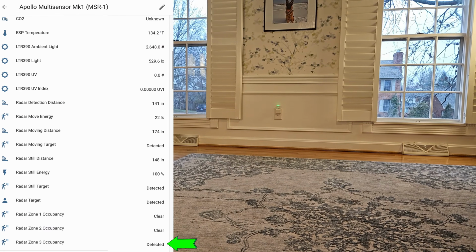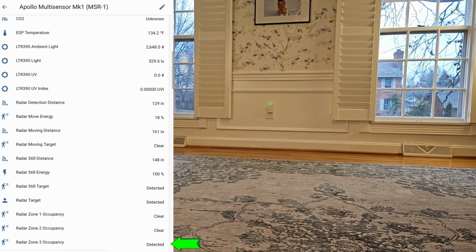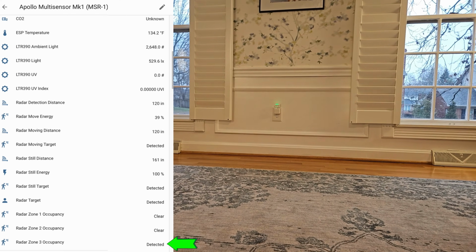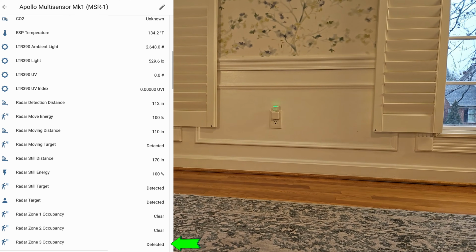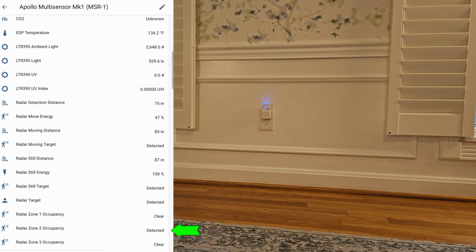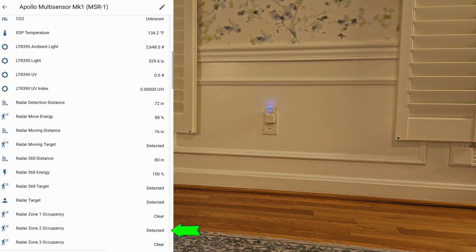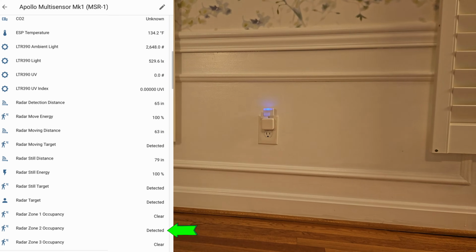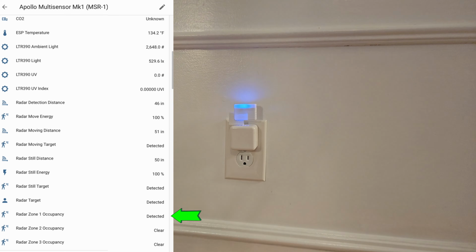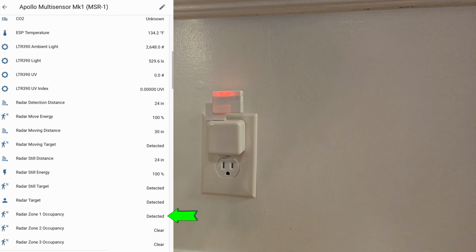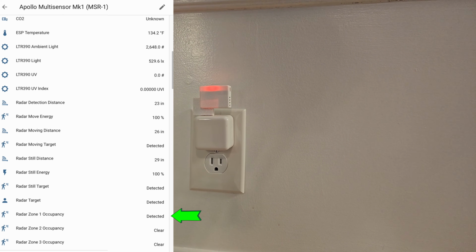All right, so we are in zone 3 right now. As you can see, the light is green. We're going to start walking towards it slowly, and then we're going to stop because it takes a couple of seconds for the automation to run. The sensor can pick it up instantaneously. And then we're going to walk a little more here. And now we are in zone 1, and the light turned red.